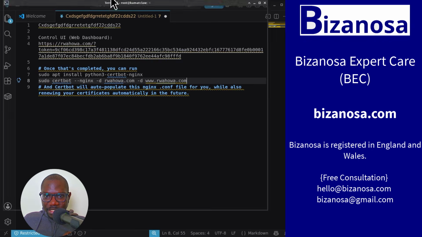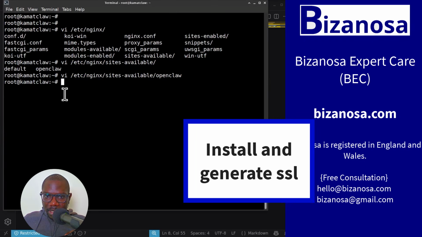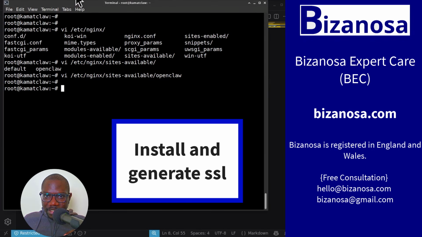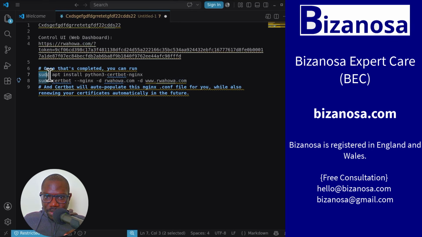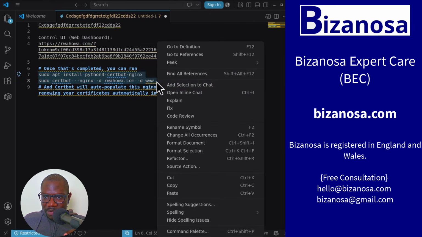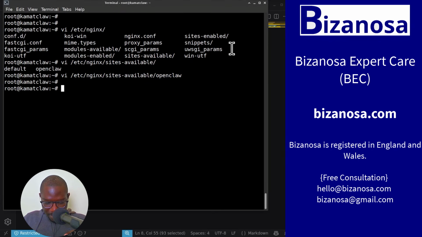to your Nginx. So first of all, let me save this. So I'll press Escape, and then I'll do Shift ZZ to save in Vim. And after that, I can run this command. This is just going to install Certbot. If it's not already installed, maybe they're already using Certbot, so I don't need to install it, but let me just install it based on